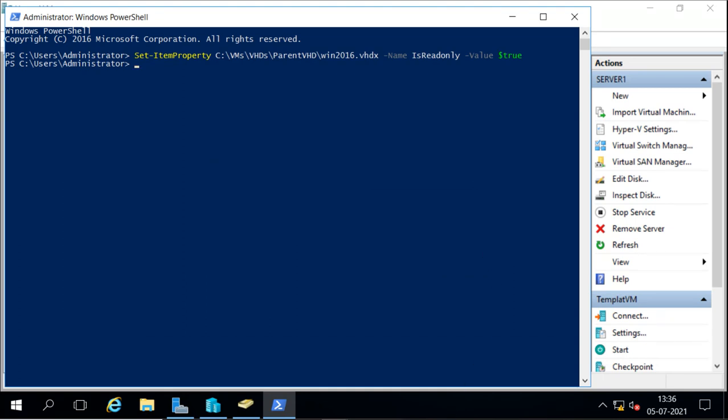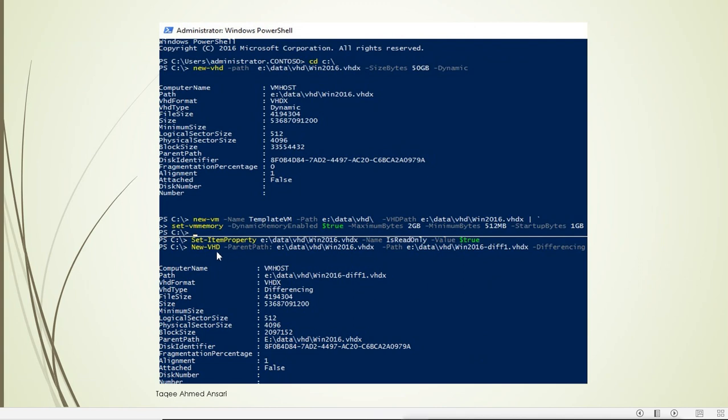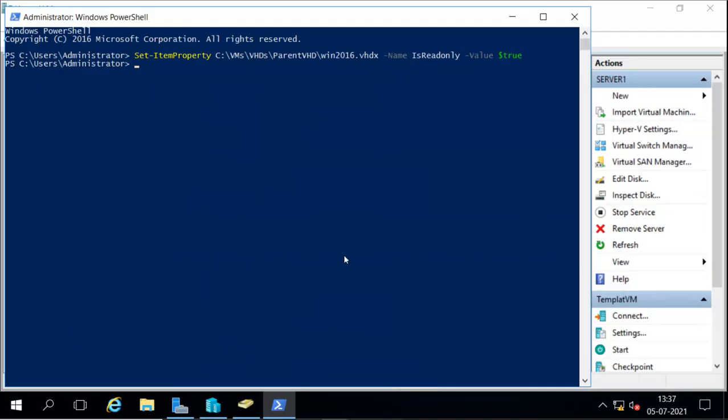The PowerShell command is easy: New-VHD, mention the parent VHD path, and then create the new disk from it, mentioning the type as differencing. I will mention the parent path, which is under VM VHD parent win1.